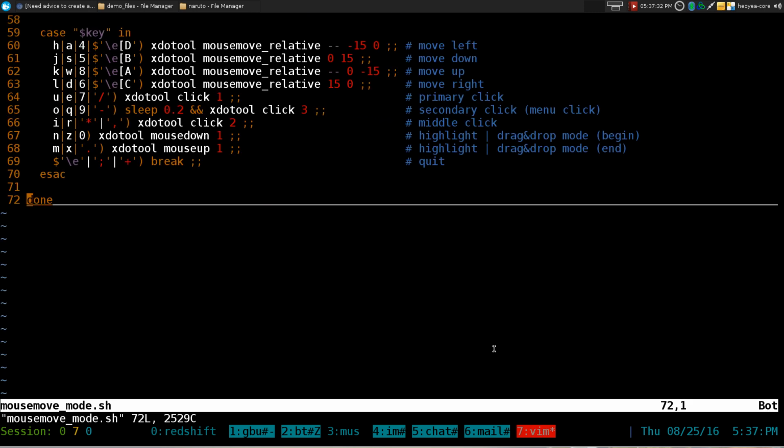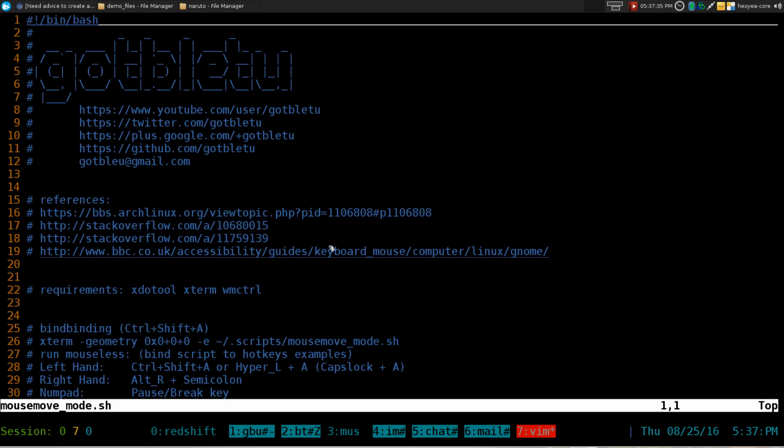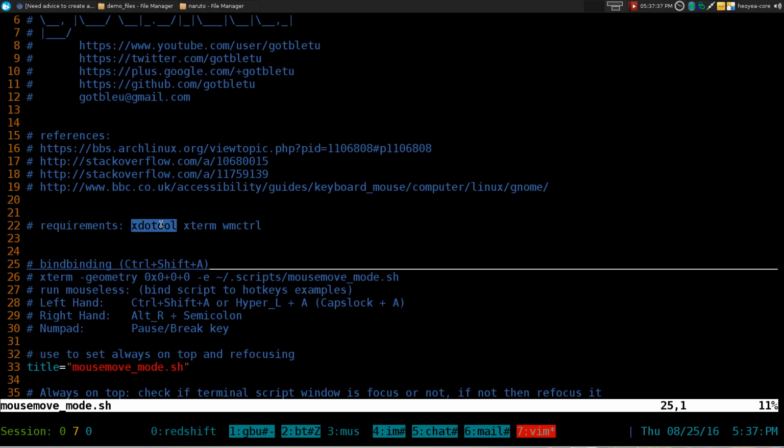What is that here? In here, what do you need in here? You need Xtool tools, Xterm, and WM control. The reason why you need Xterm is I couldn't find a program to detect your keys,